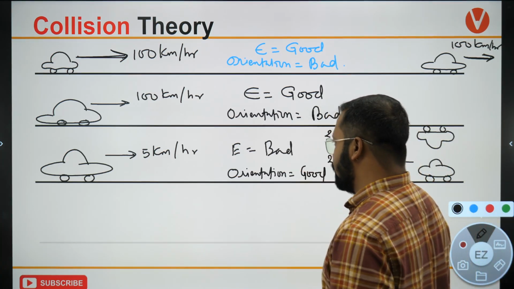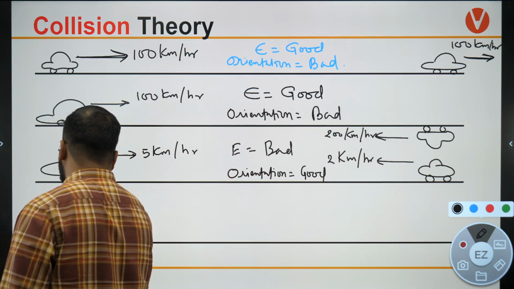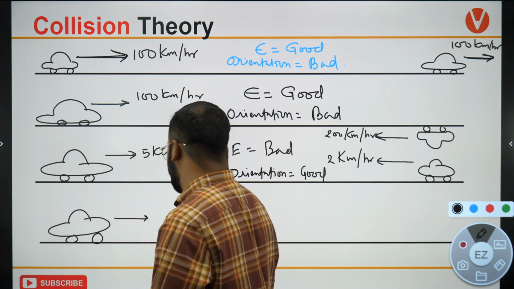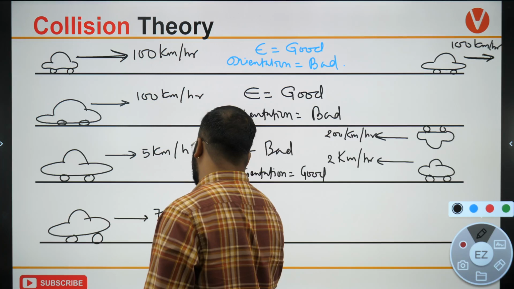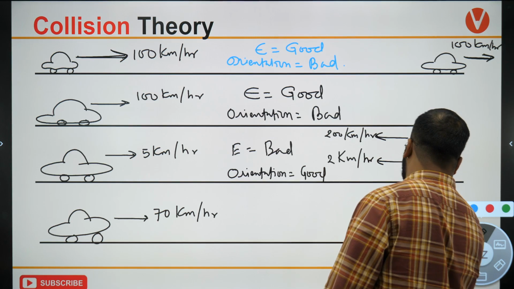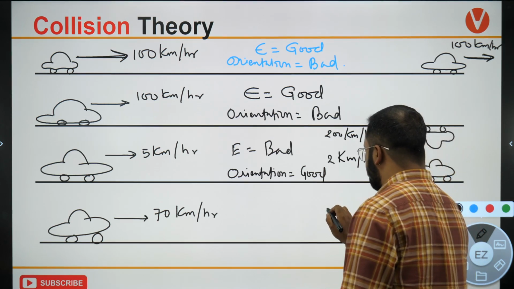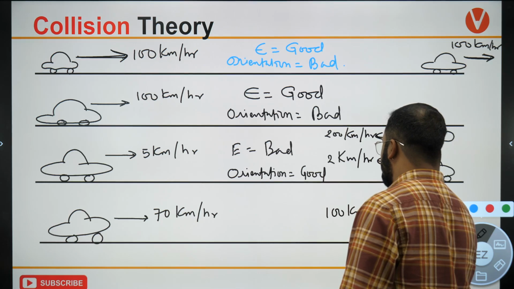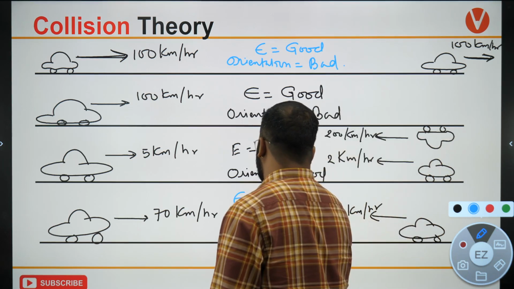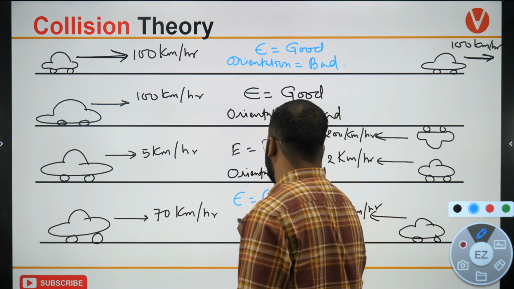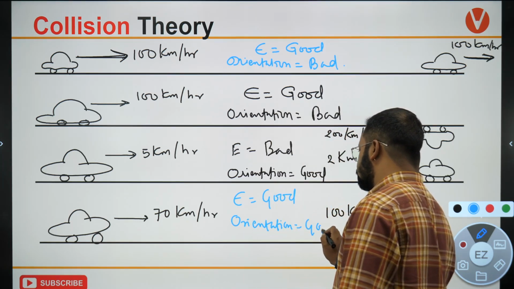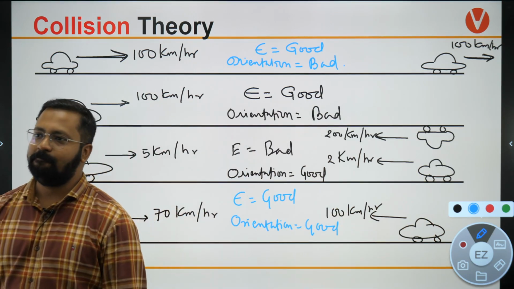We can take the fourth case where there is a car which is moving in this direction at a speed of, let's say, 70 kilometer per hour, and there's a car over here which is moving in this direction with a speed of, let's say, 100 kilometer per hour. In this case, energy is good, orientation is also good. Okay, the last one